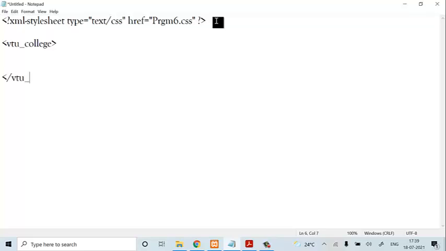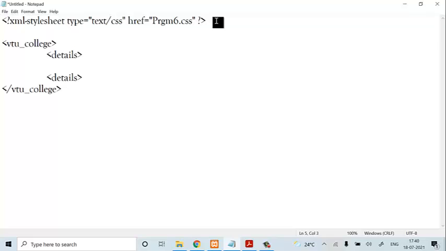Under this VTU_college, now we have to create a tag called details. See, as I've said, in an XML document we don't have any predefined tags. We have to make use of whatever tags we know. Here the opening and closing tag will be details.